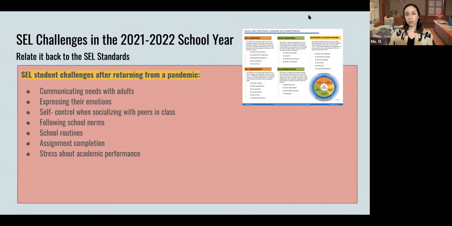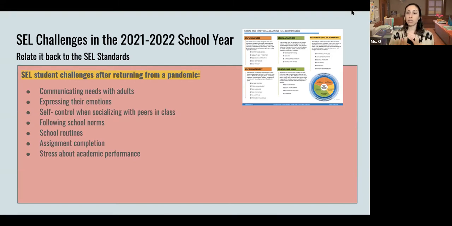Some challenges for our 2021-2022 school year. So currently, relating back to our SEL standards, you see that image that we had shown you beforehand. This is something that I just call my SEL standards. It's not like it's in the California Common Core standards, but I, for myself, just remind myself this is the template of how I want to create SEL in my classroom. So some challenges after returning from the pandemic include